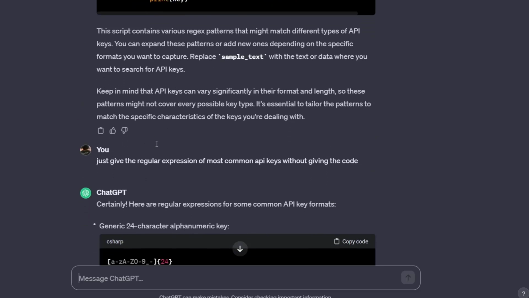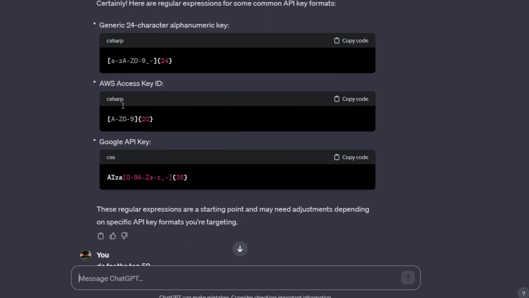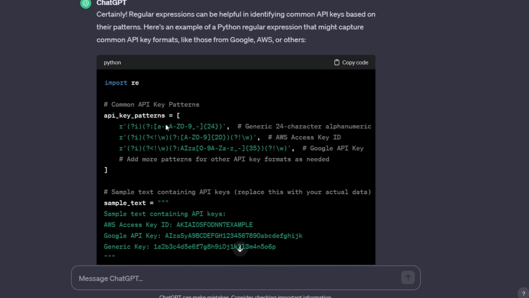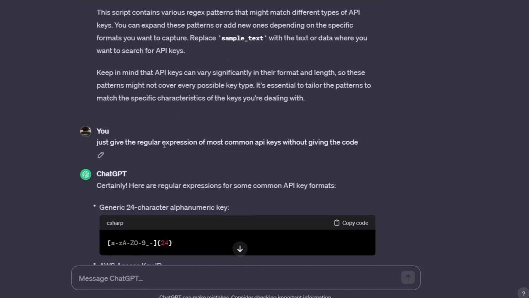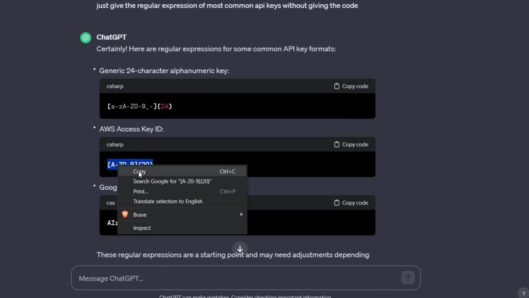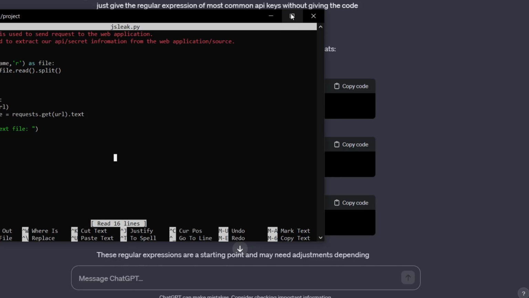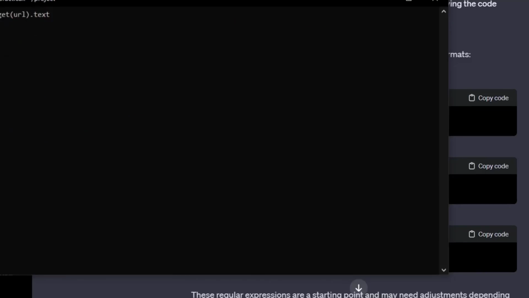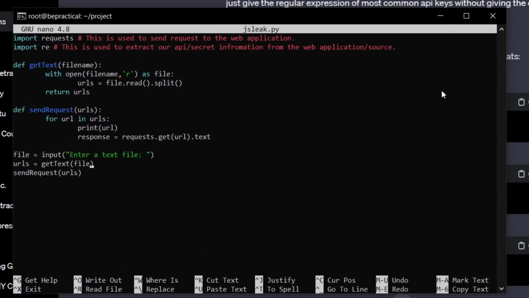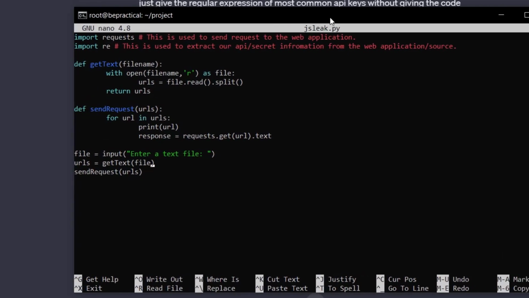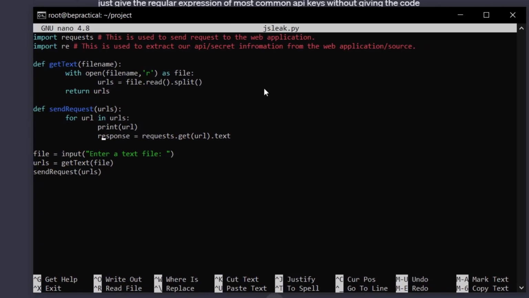And now I'm going to use, for example, this particular API key, right? So AWS access key ID. I'm just going to copy this, and what we can do over here is let's just see. Okay, so we have just copied this, and now if I go to my terminal over here, let me just minimize it again. Yeah, so what we can do is we can simply in the response,